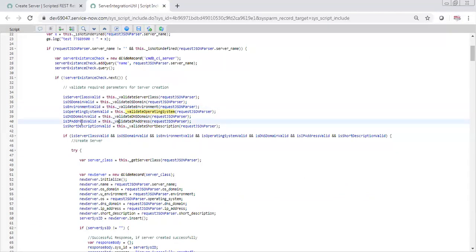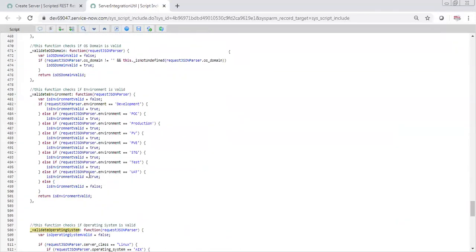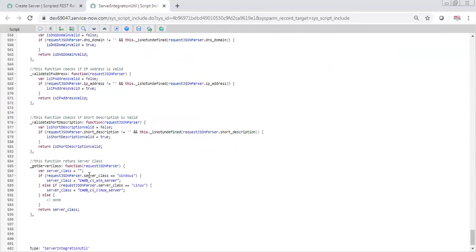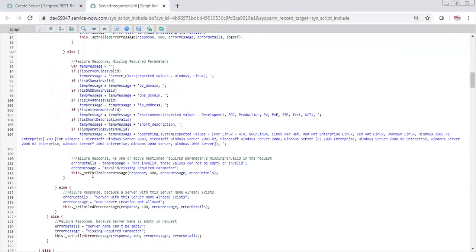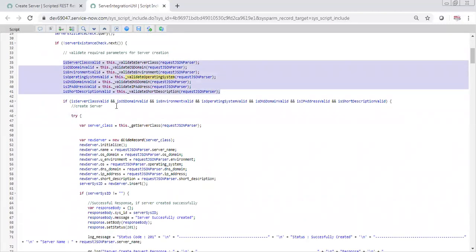These are all validate functions, like environment. I am just creating a function for everything, and then I am just calling them. For this operating system one, I am writing this many lines, and for the other parts too. If I put all those lines of code here, it won't be easy for you, and you will be confused and won't be able to understand. So I am just calling those functions, and you can go to a function and refer to what feature it provides. Similarly, they will try to validate all these things.